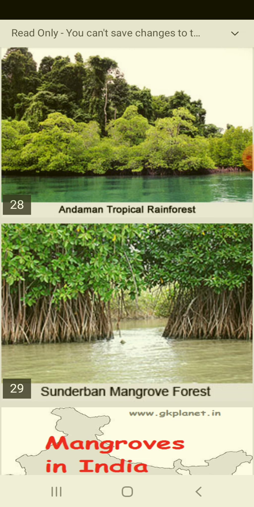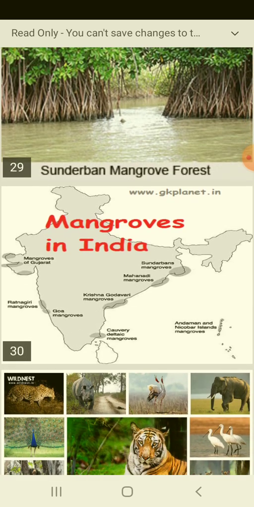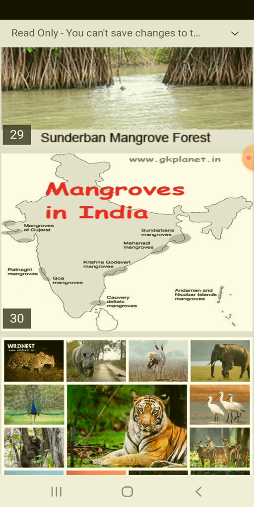See children, mangrove forests are very useful to prevent soil erosion in the coastal area. Whenever there is a flood situation, this mangrove forest helps the people living near the coastal area. So we should always know more about mangrove forests. Understood? Now in this map of mangroves in India, we can see where we can find mangroves in our country.